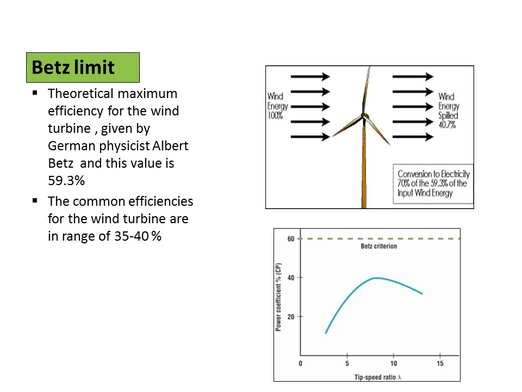The plot of power coefficient versus tip speed is shown, which also explains that the power coefficient is always less than the Betz limit. The wind turbine works by slowing down the passing wind and extracting its energy. If a wind turbine was 100% efficient, then all the wind would have to stop upon contact with the turbine. That's not possible. So the Betz criterion is always used in the power calculation of a wind turbine.